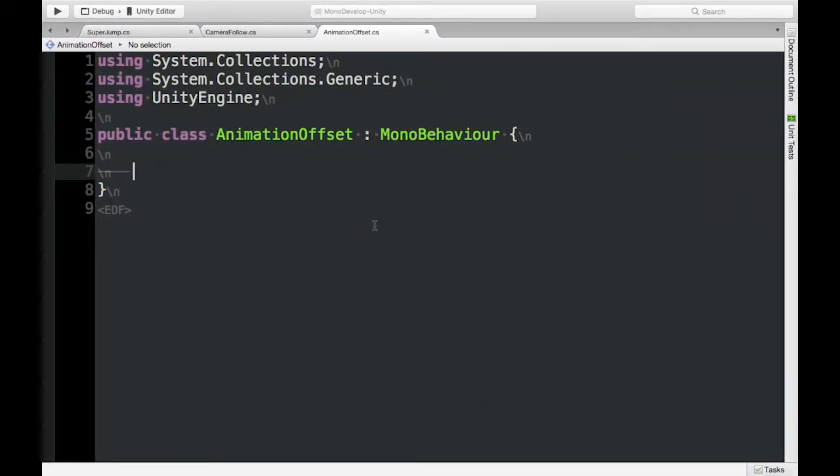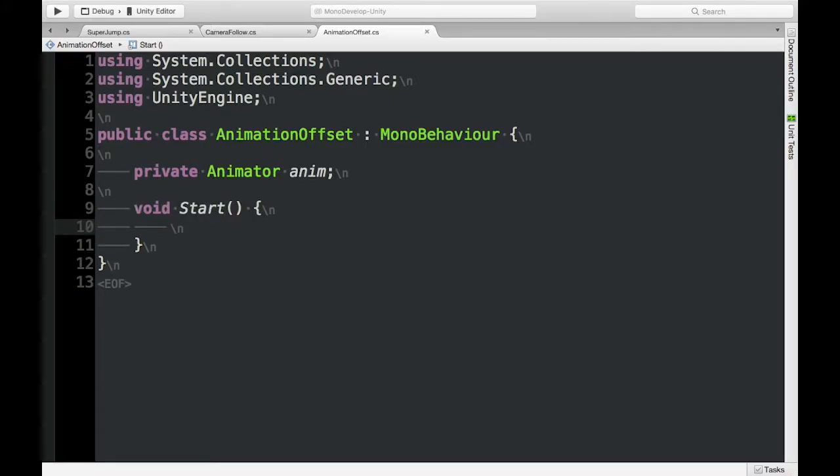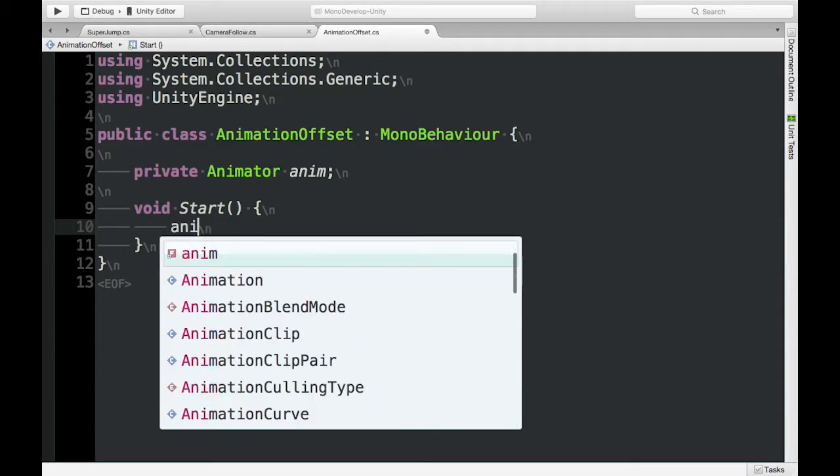So we know that we have an animator. So first off, we want to get access to it. So let's type in private Animator anim. This is sort of an awkward convention in Unity, but the way that you get access to something is you say, inside of your start method, I'm just going to type it in, void Start. It probably came with it on some of your scripts, but I'm going to type it in. So void Start, and you say anim